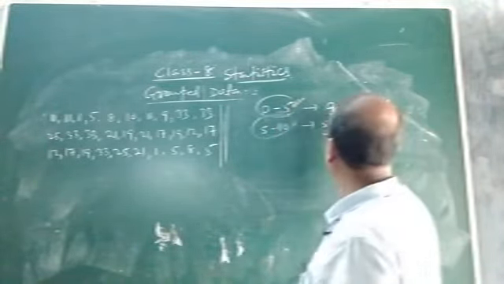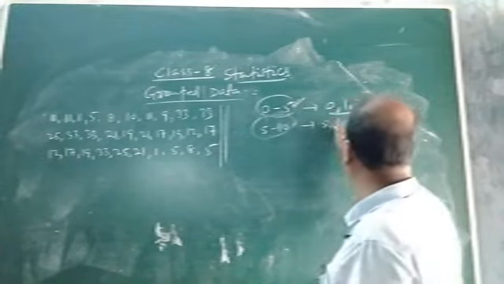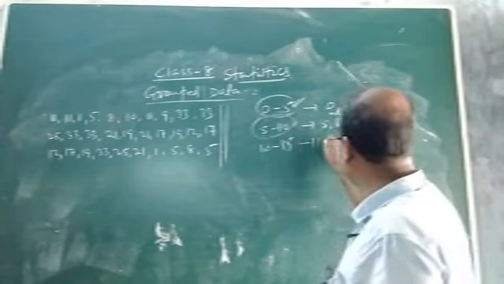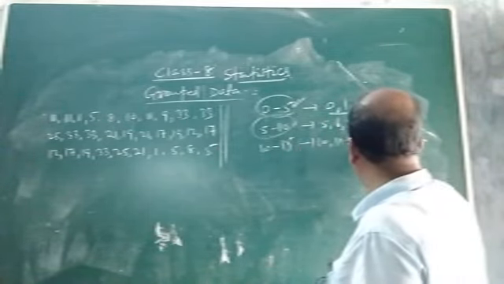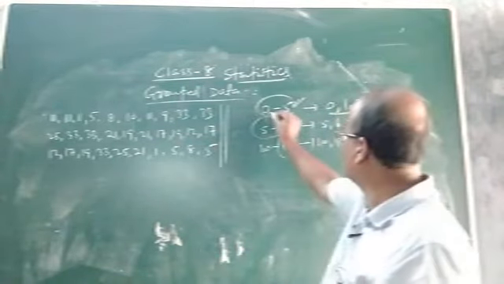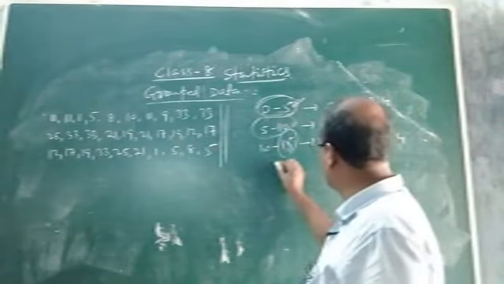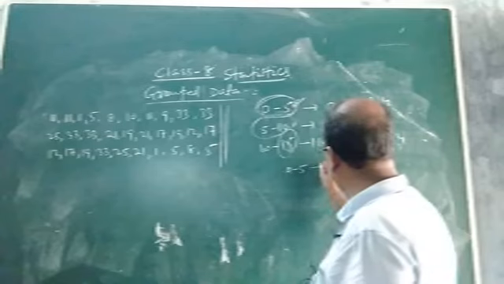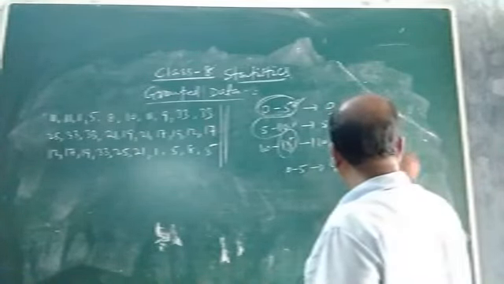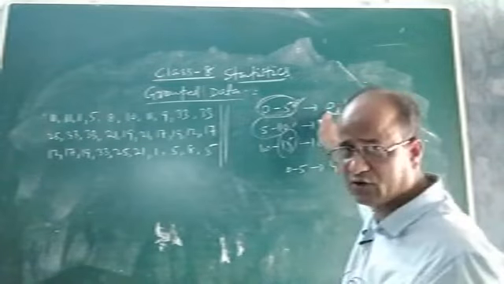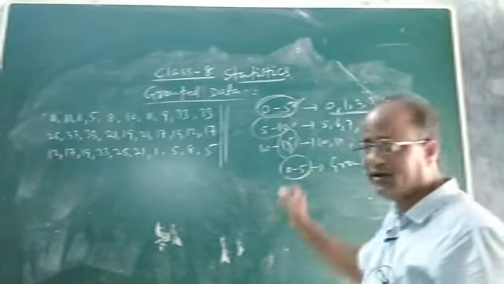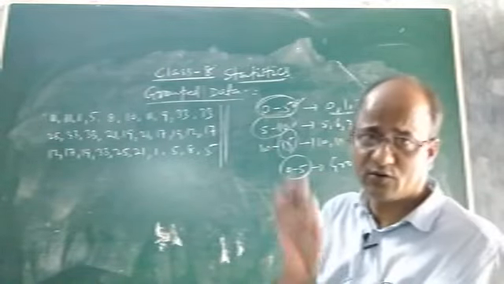So 0 to 5 means 0, 1, 2, 3, 4. 5 to 10 means 5 to 9, then 10 to 15: in the third group it will come 10 up to 14, then this 15 will go to the next group. Like this it will continue. So this type of data, 0 to 5, is a group data, not a non-group data. You see, 0 is a non-group data, 1 is a non-group data, 2 is a non-group data, but 0 to 5 is not a non-group data, it is a group data.